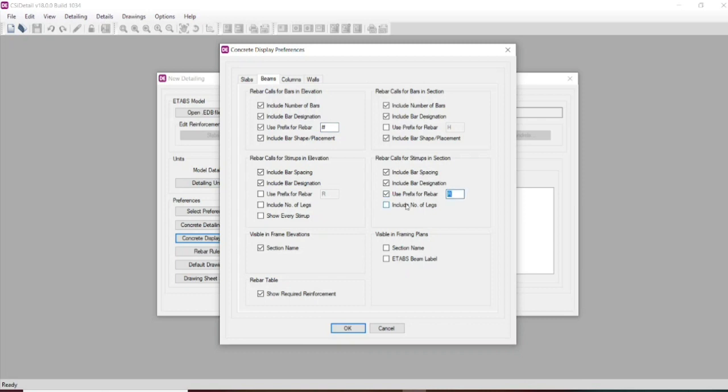So 3 number of or 2 number of 12 mm dia bar, like that we would have studied. Before indicating the number of bars, let us use the prefix as this hash. Let us take the beam label and section label as done in ETABS.